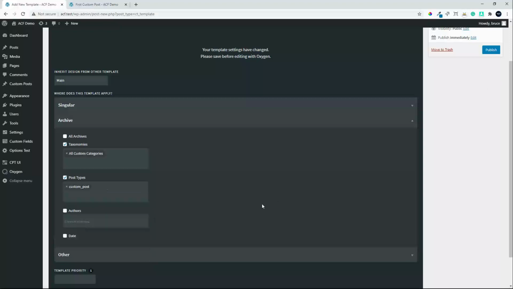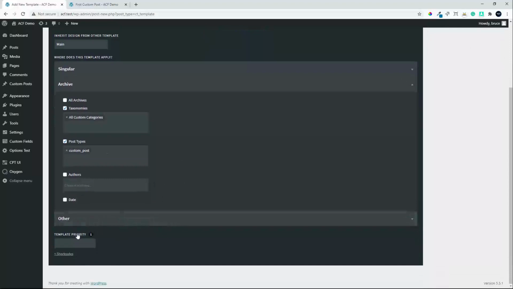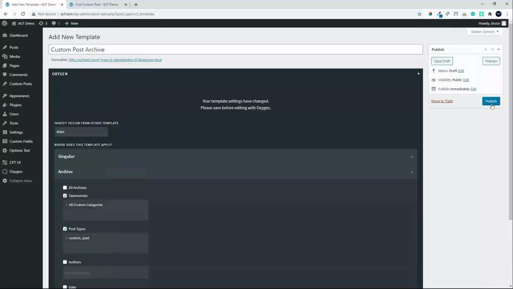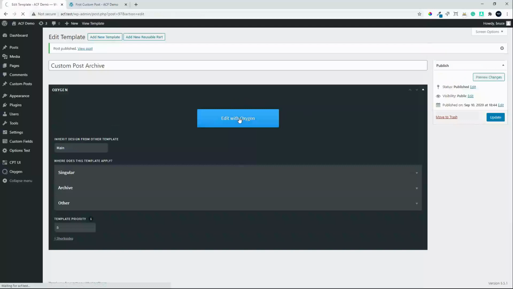Right, with that saved, and we already know that the priority of our template should be at least 1, so we'll just set it for 5 and we'll publish. Then we'll head over to edit with Oxygen,